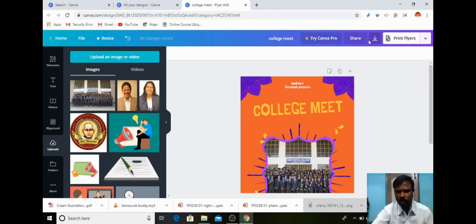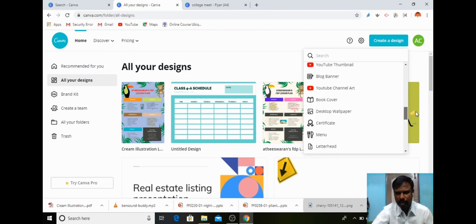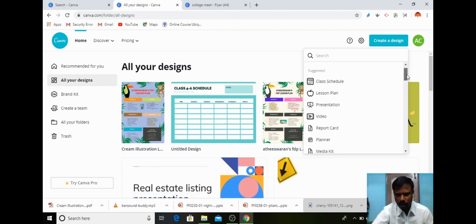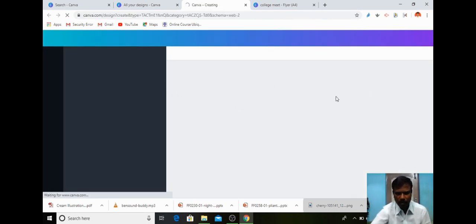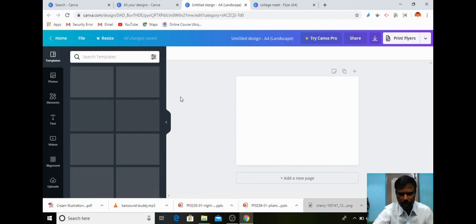Like this I can download by using this download option. If I want to share, I can share it now. So like that you can create a lot of designs in categories. If you need a photo collage, you can use it. If you want to make a class schedule, you can create a class schedule, which will be available in a variety of designs